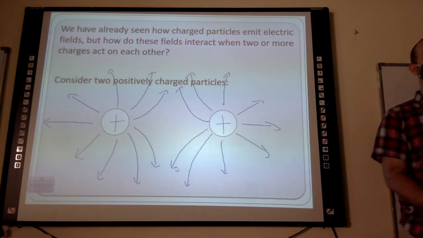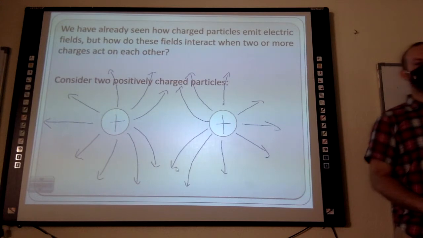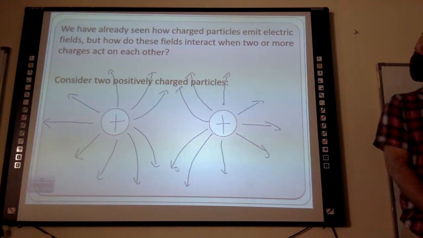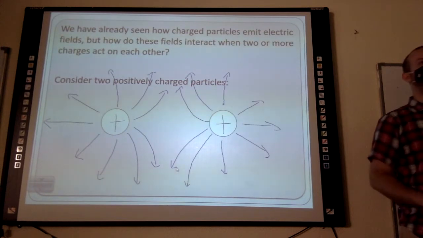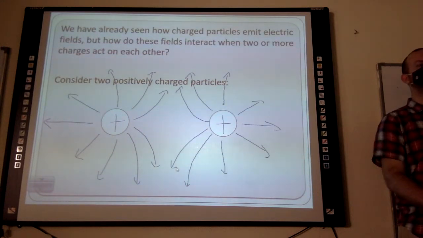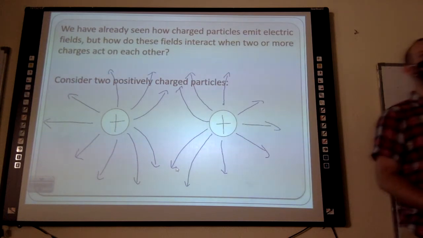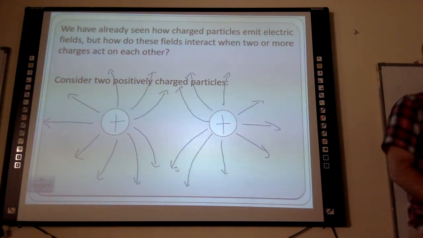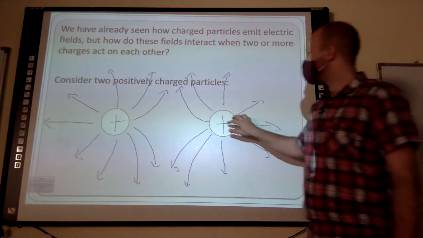Questions with that? So what do you think it's going to look like if these are negative charges? The test charge is positive. The exact same? No. What's going to change? They're going to point to the circle, it's going to be the same thing. Okay, so